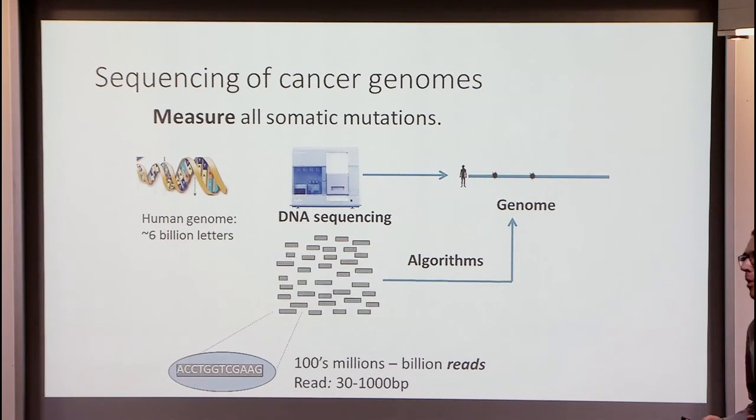So you typically would map to the human reference genome. And the amount of data is large, and we have seen some of the techniques, some of the algorithms to do that. I will not talk about this step further in any detail. So from now on, we assume that we have the reads from the cancer genome mapped to the human genome.